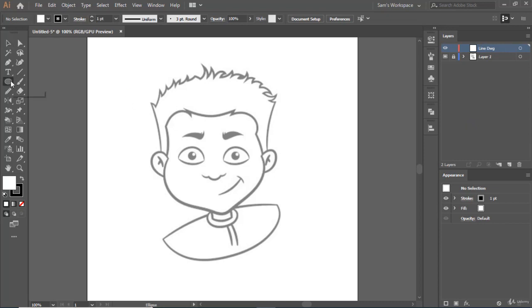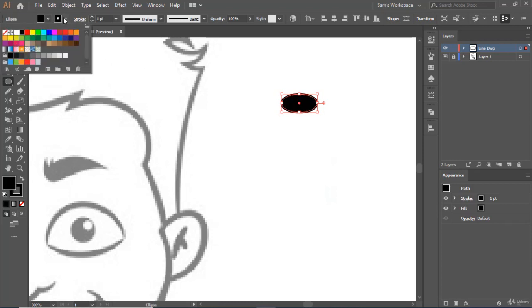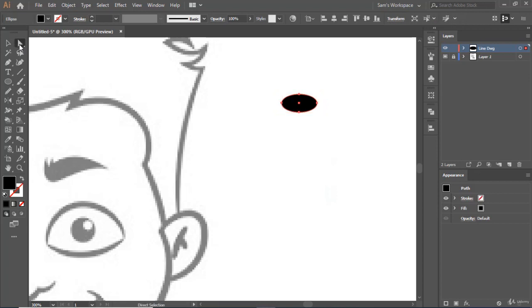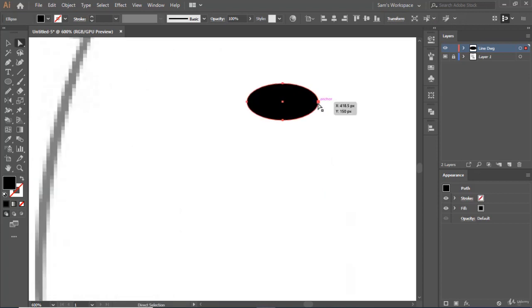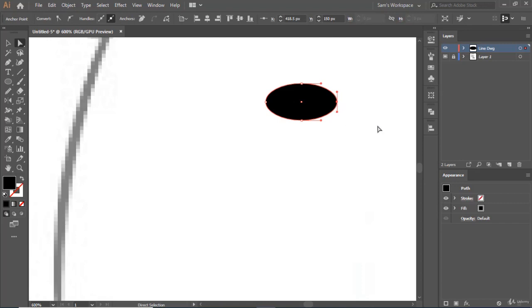Now we have to create one art brush. So we will click on the ellipse tool and we will draw one ellipse like this. We will zoom to take a closer view. We will fill the ellipse with a black color. Then we will give the stroke as none. Then we'll use the direct selection tool and we'll click on this anchor point over here. We'll keep the shift key pressed and